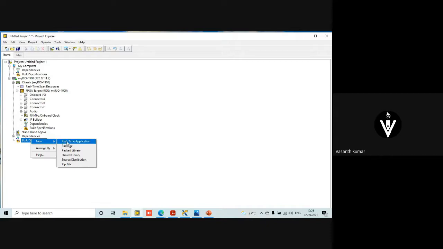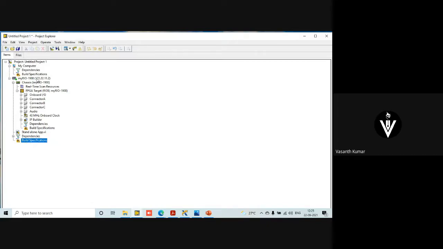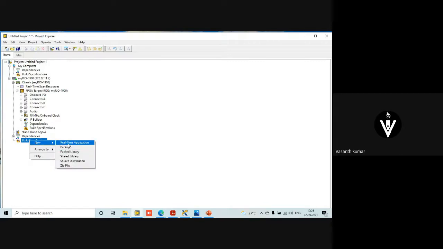New real-time application. Can you see? Right click on the build specification, which is exactly underneath my myRIO. There is also one more build specification under the FPGA, right? So we did a program under a myRIO. So you're supposed to use a build specification under your myRIO. Right click, new real-time application.